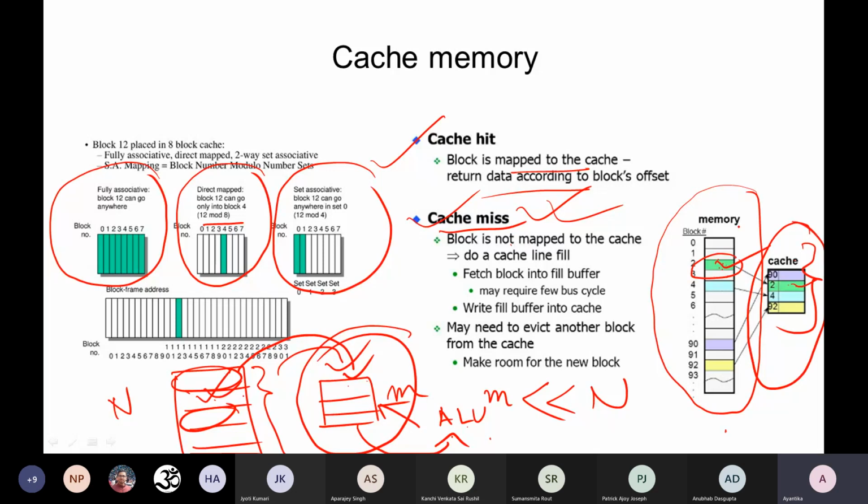Whereas if you have some mapping technique that a particular block can only reside in another particular block of this cache memory, then the flip side is that